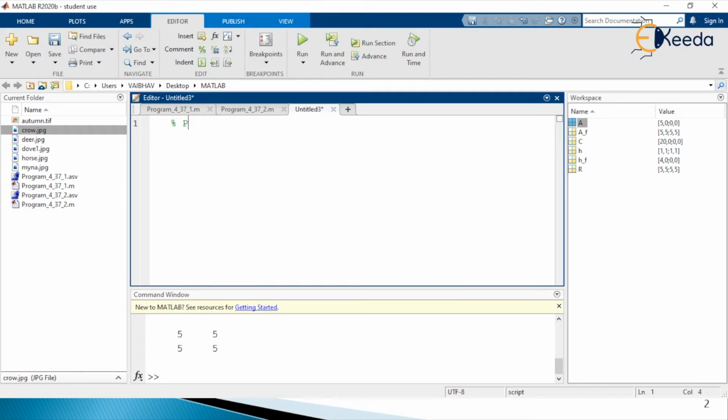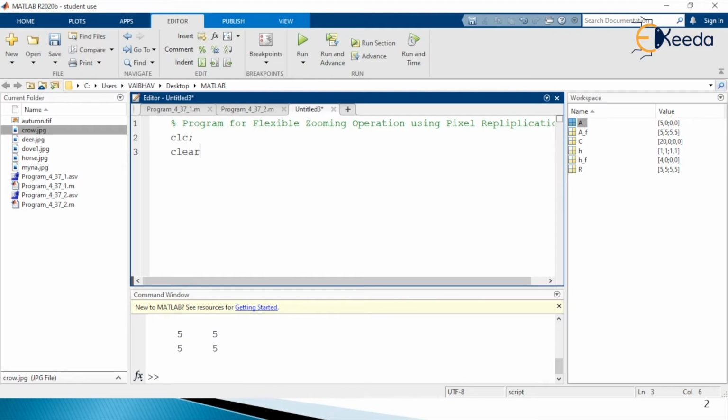This is a program for flexible zooming operation by using pixel replication. So now we would like to clear the screen, and we will also like to clear the variables here. Next to that, closing the unnecessary MATLAB windows here,